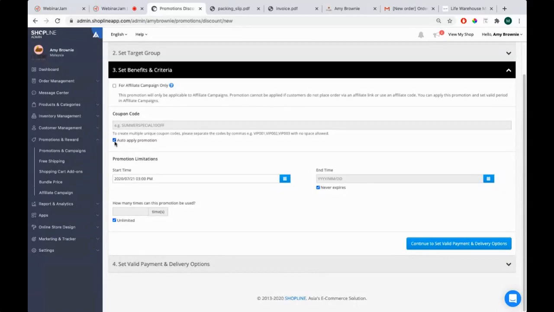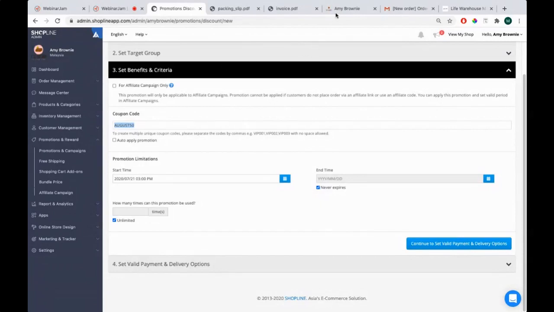All right. So just to give you a quick example, let's say I'm going to give August 50. August 50 is where I only want to give it to a specific customer who has bought from me before. So this is where you can type in the coupon code. You can come up with the name of the promo code or the coupon code, and then you can share